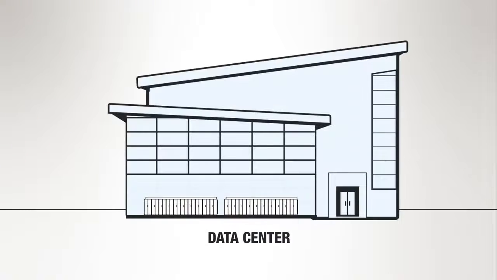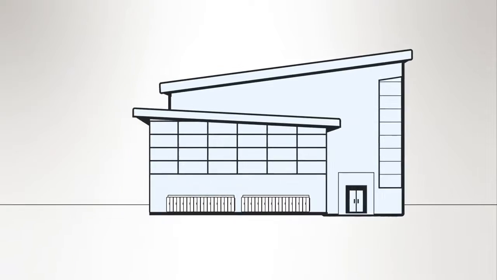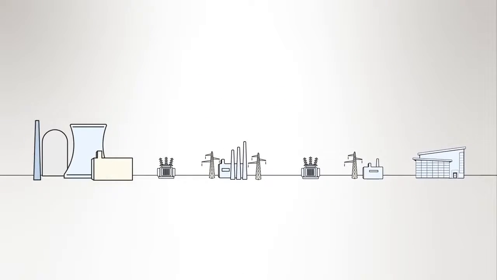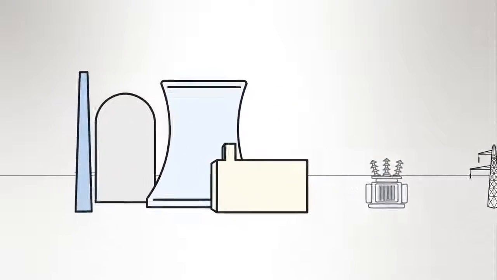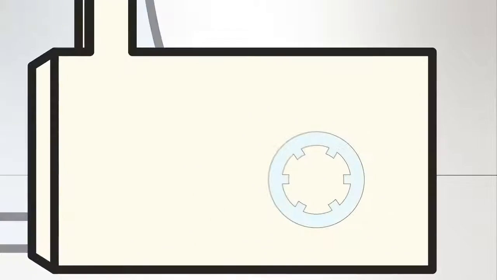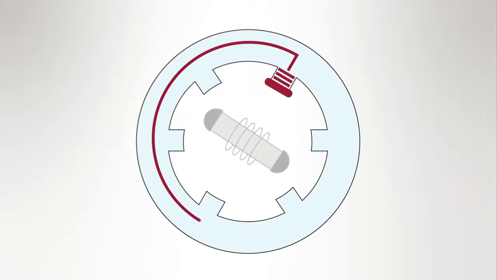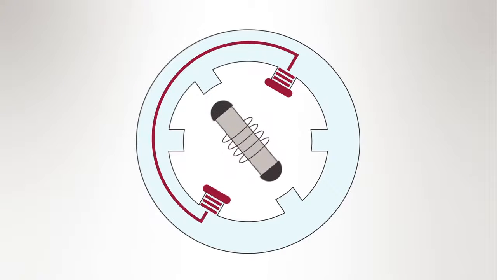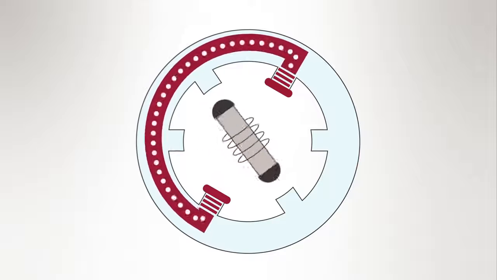To fully understand power in the data center, we need to start by looking at how power gets to the facility in the first place. The power grid begins at the generation facility, where power generators produce an alternating current with a spinning electromagnetic rotor. As the rotor turns through the magnetic field, electrons move back and forth, creating alternating current that is transmitted to